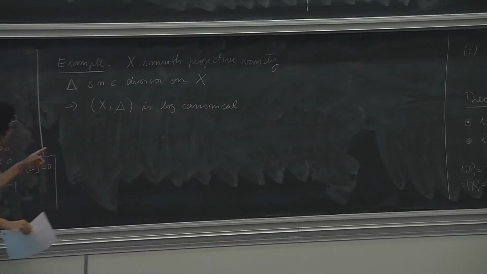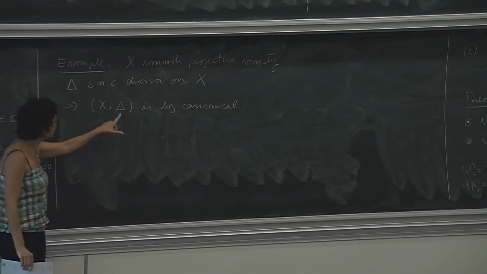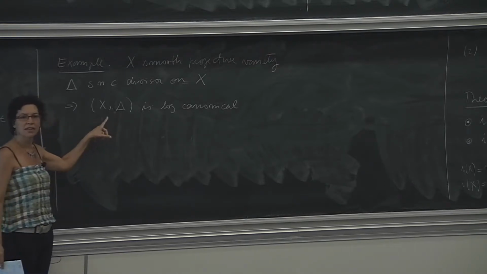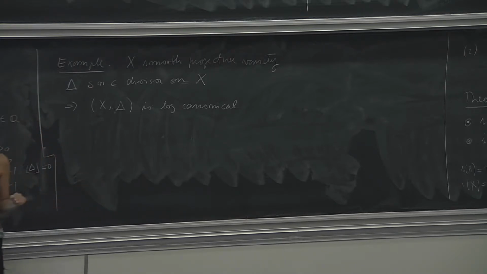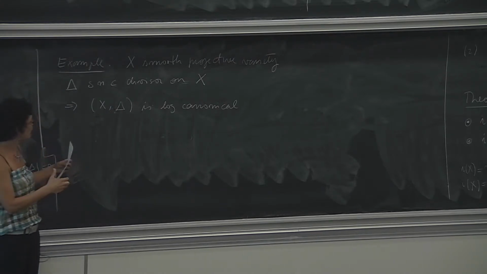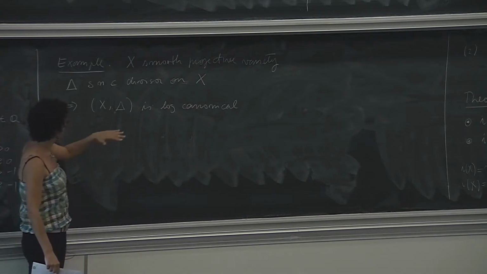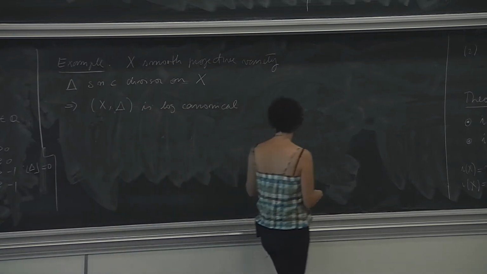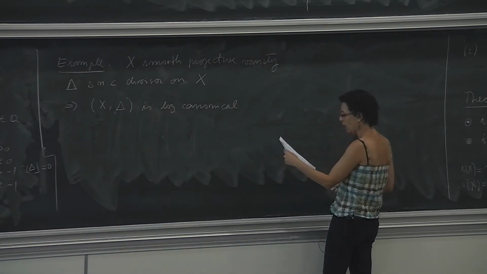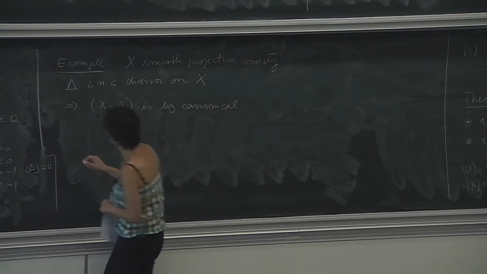On the other hand, if you increase a little bit the coefficients of delta, if any coefficient is bigger than 1, then it's automatically not log canonical anymore. And in a sense, you can think of log canonical singularities as the ones that appear if I run the log minimal model program starting with a simple normal crossing pair like this. Okay, and let me just remark that